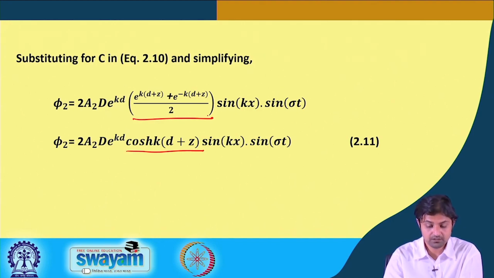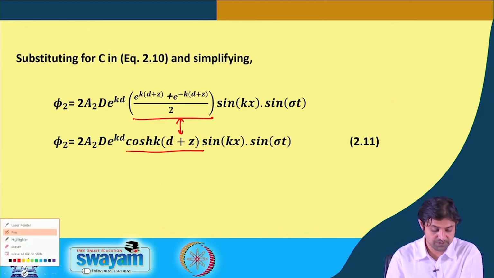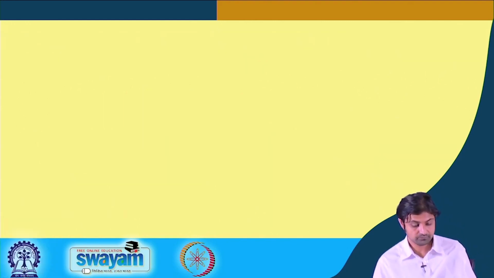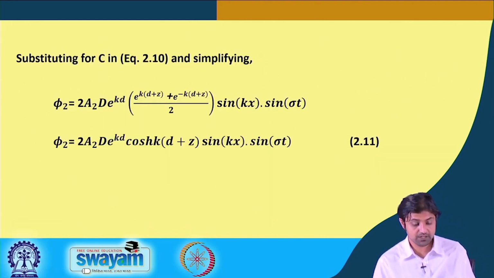All right, simple trigonometry. So, we have got phi 2 is 2a2 d e to the power k d cosh k(d plus z). So, we are left with a2 and d for now,